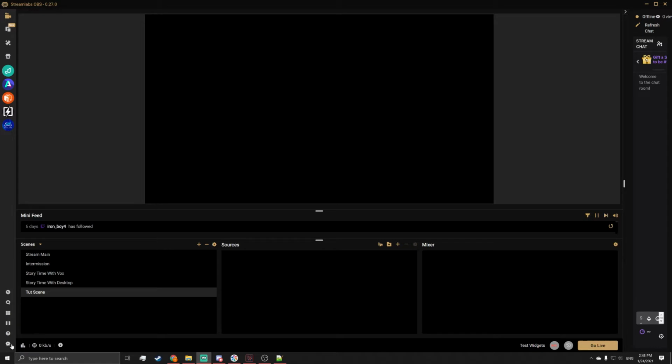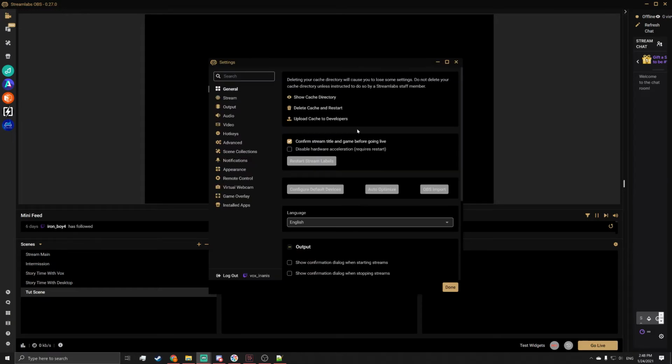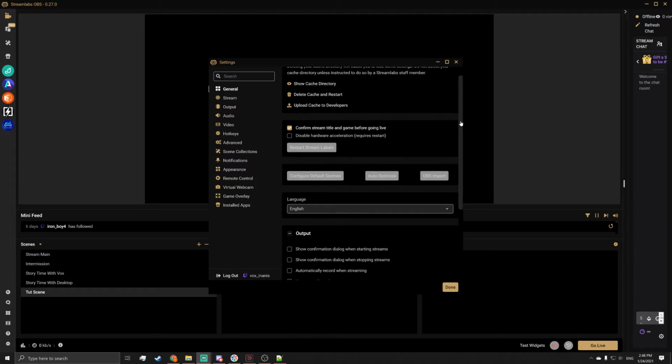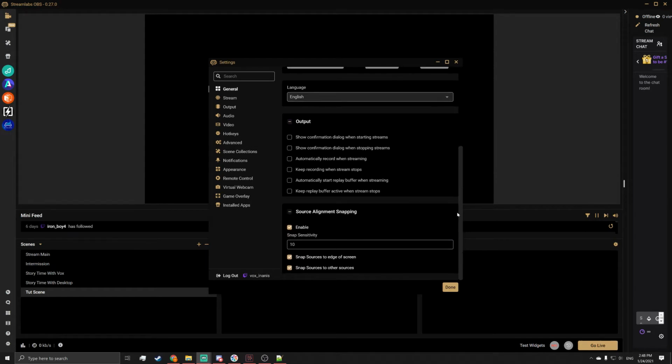If you go to the bottom left to the cogwheel where it says Settings and click it, a pop-up should occur. This is where you are going to make your life a lot easier, where you will change certain things to remove stutter and lag, as well as just simply make life slightly more easy for you in your streaming and YouTube endeavors. So if you go to General Settings and scroll all the way down to Source Alignment Snapping,